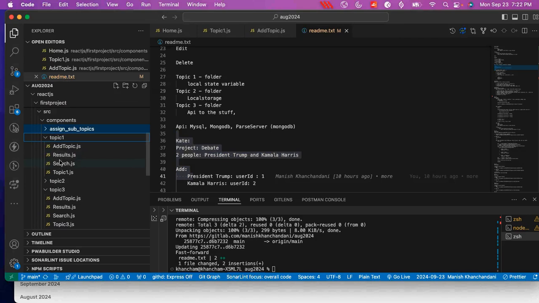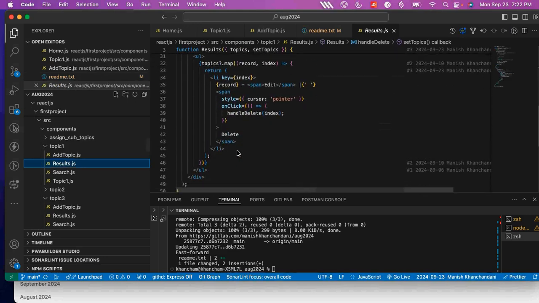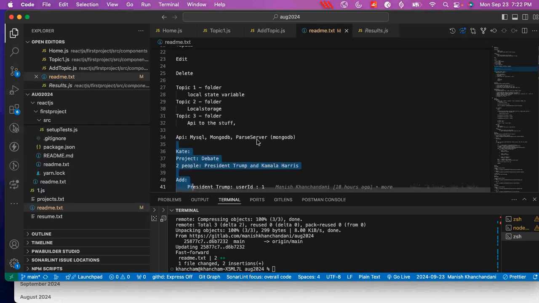I was doing this delete part here, right? I put it delete here. Okay, now when someone will click edit, let's try to see what steps we will do in edit